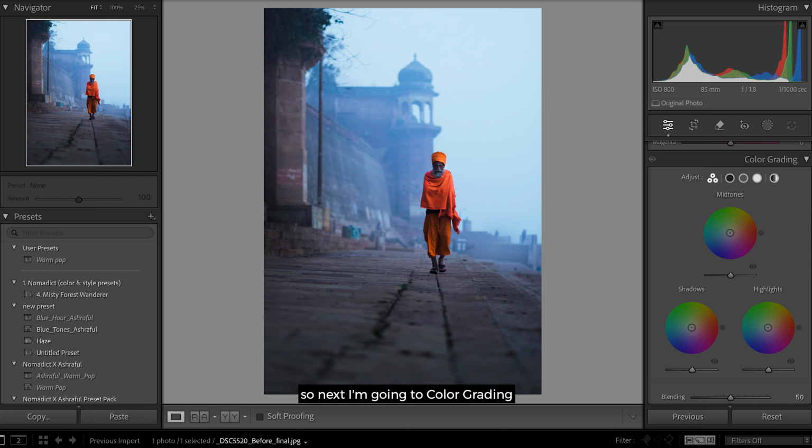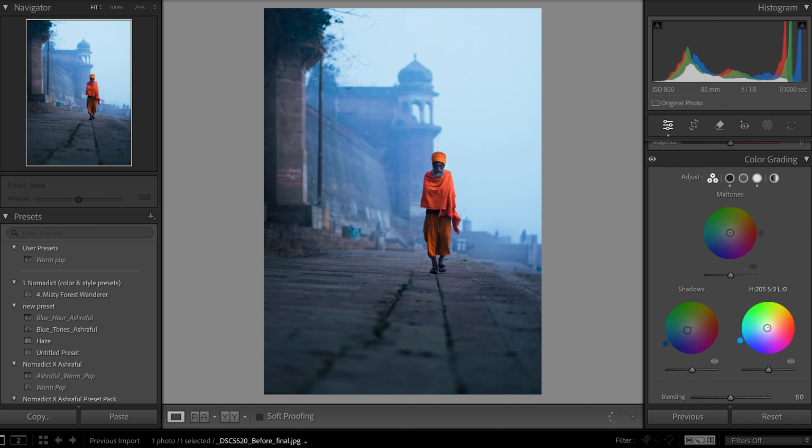So next I'm going to color grading. And here at first I'm going to work in the shadow area. And in the shadow, I'm leaning towards a bit more blue tones. Just like this. That looks good. Next, I'm going to the highlights and I'm shifting towards a bit more cyan,